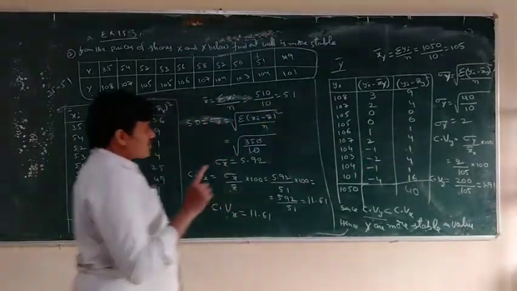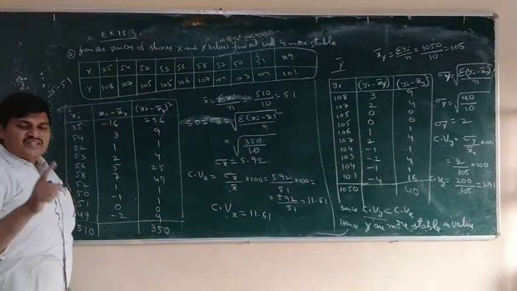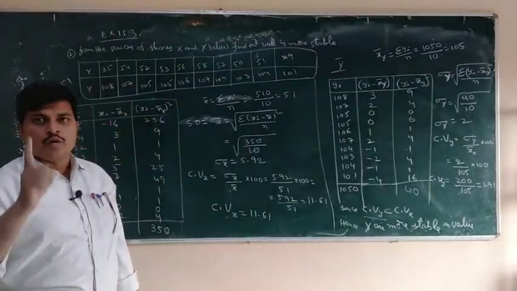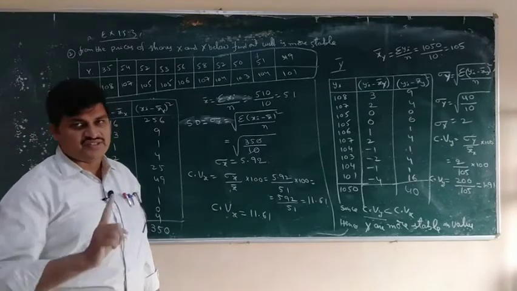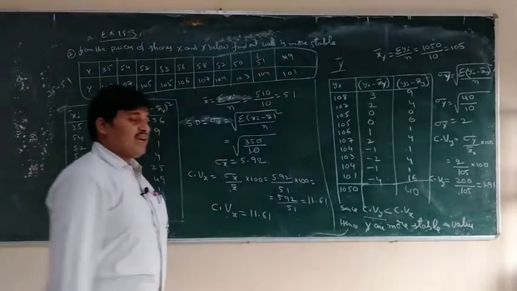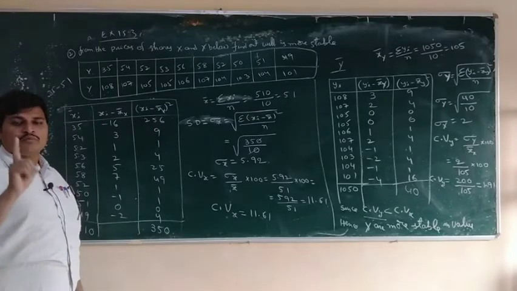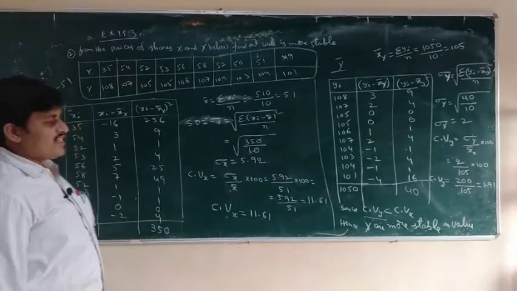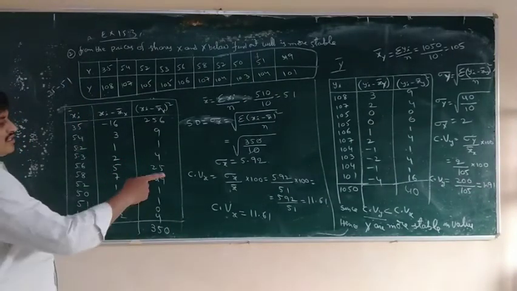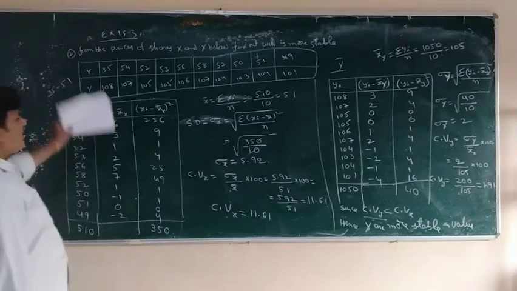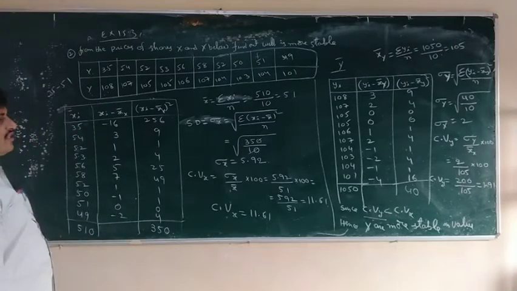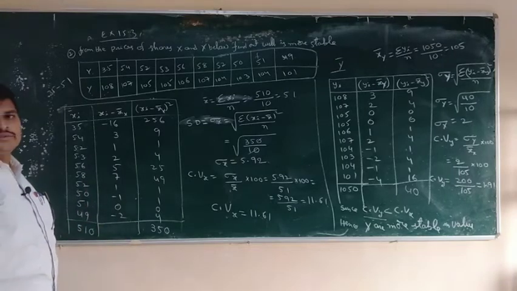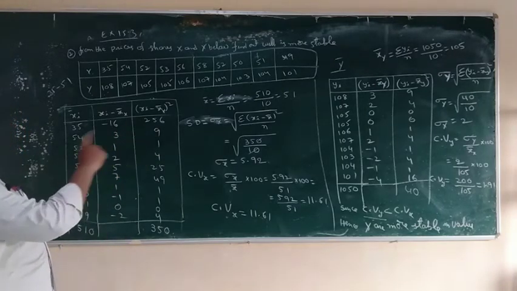So more stable and more consistent are the same. A lesser value is called more stable or more consistent, and a greater value is called more variable. Which one is the lesser value? The coefficient of variance of y. Lesser means more stable in value. And there are two problems here.